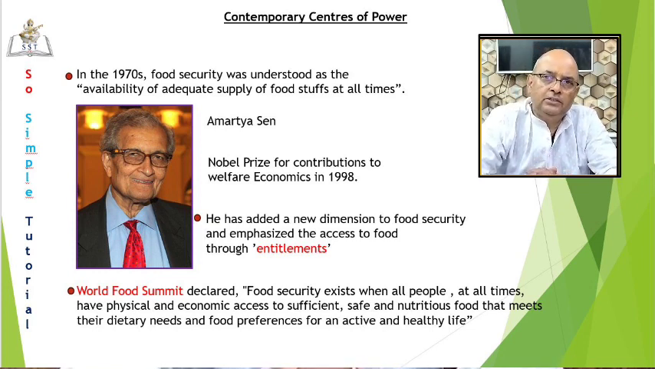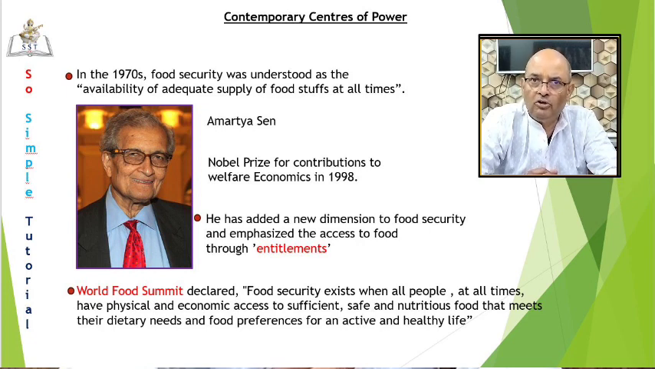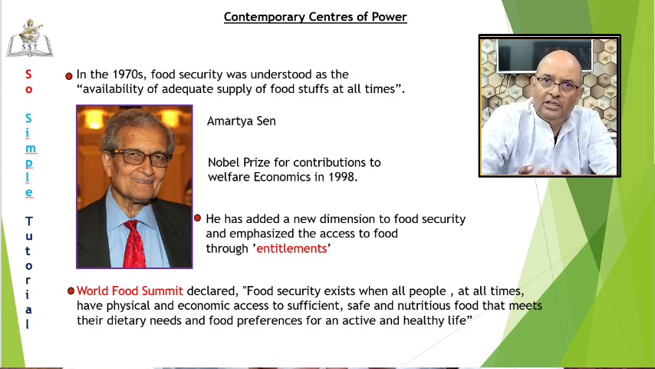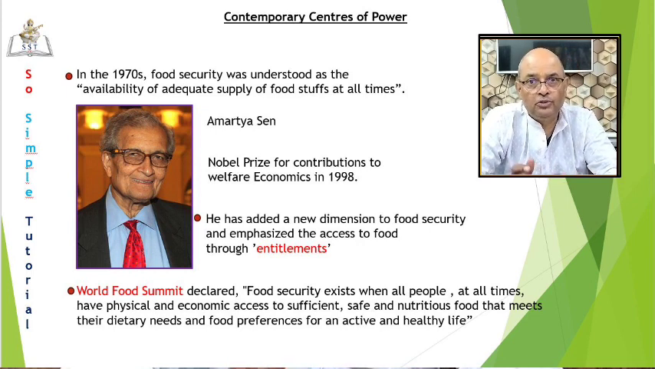Students, can you identify this person? This is Amartya Sen. He is an Indian economist. He was awarded the Nobel Prize for his contributions to welfare economics in the year 1998. He has added a new dimension to food security and emphasized access to food through entitlements. He defines entitlements as a combination of what one can produce, exchange in the market, along with other socially provided